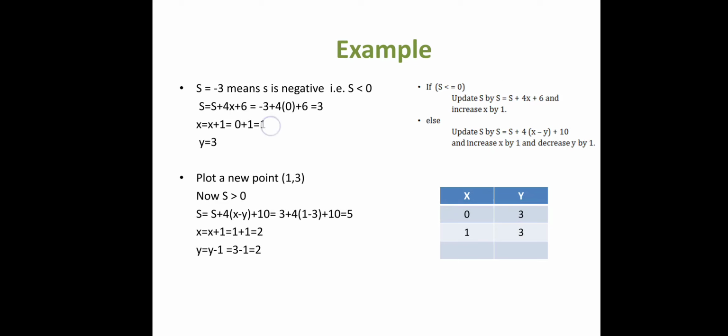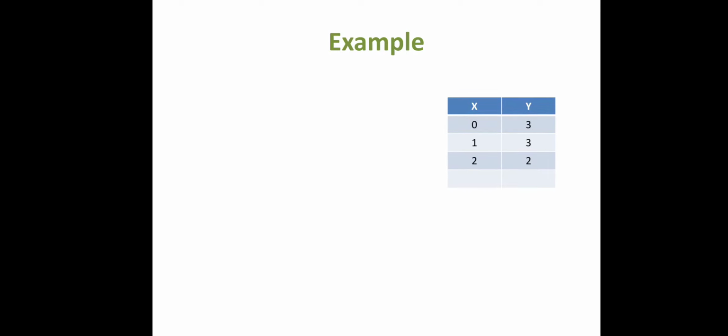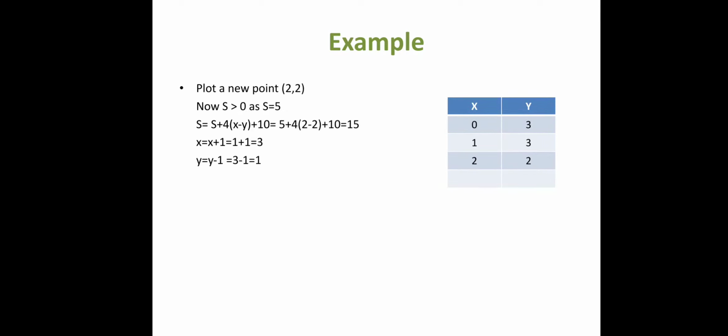So, what is the previous value of x? That is 1. So, 1 plus 1 is 2, and y is decremented. You have to decrease y by 1. So, in that case y is equal to y minus 1, meaning as we are incrementing x and decrementing y, which point are we selecting now? I am selecting the B point, right. So, I have to plot that 2, 2. So, you can see here I have inserted that 2, 2.